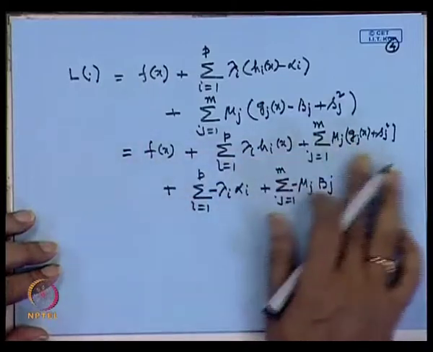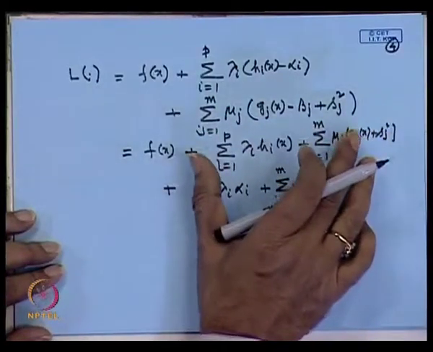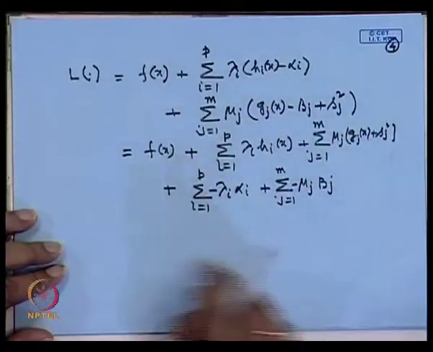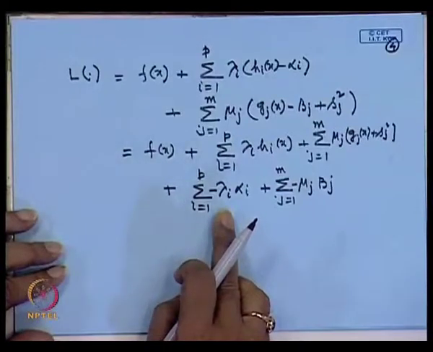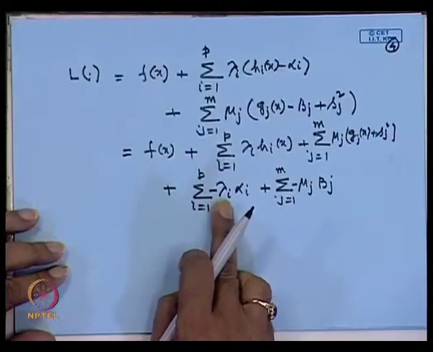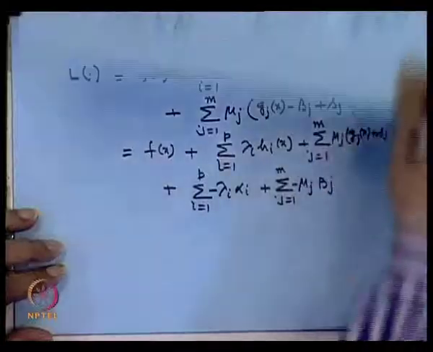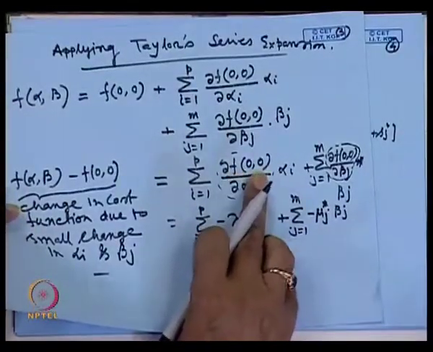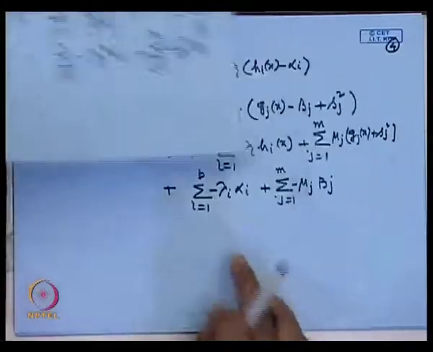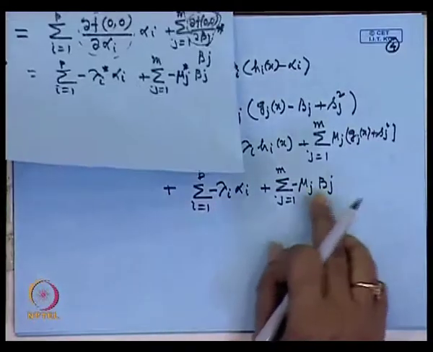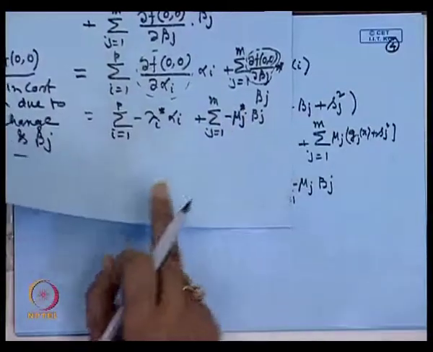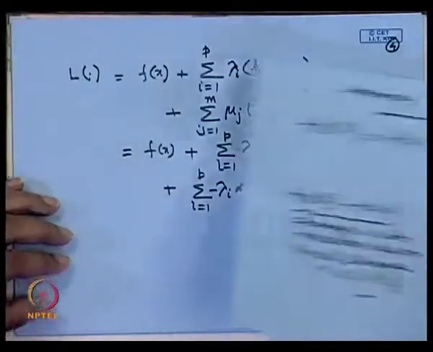agree. When there is no perturbation, we found the optimum value of the objective function. Now, if you differentiate this with respect to alpha, then you will get lambda i. So, that is why we have written it here: differentiation of f around the origin, meaning when the perturbation is not there, this quantity is minus lambda i star, agree. Similarly, if you differentiate with respect to beta, this will be mu j star. So, now you look at this one,